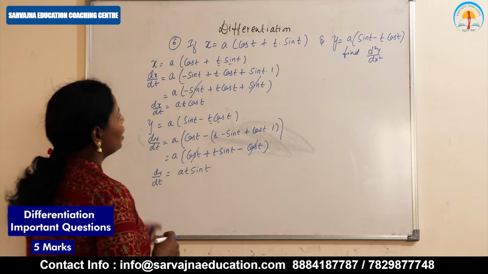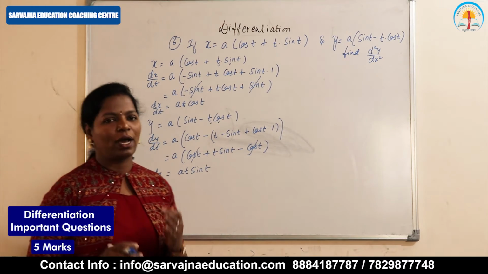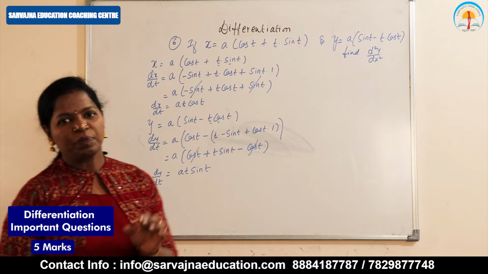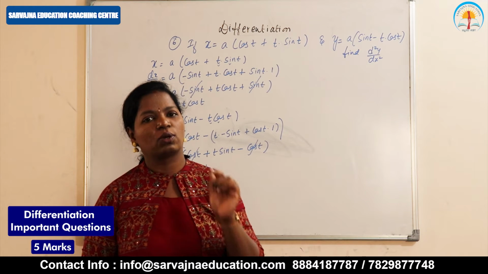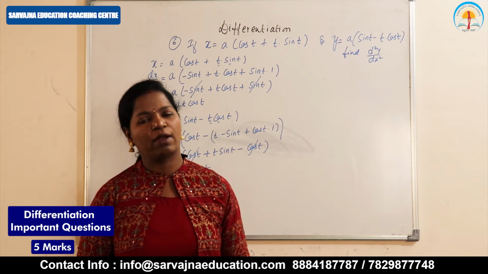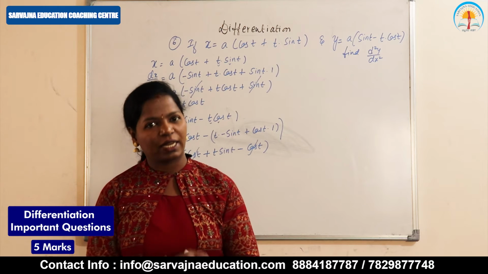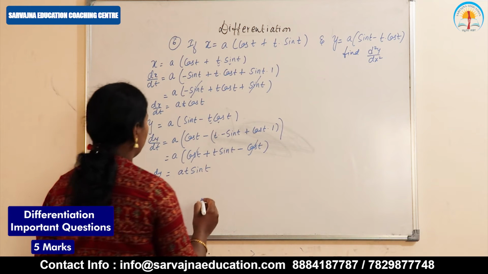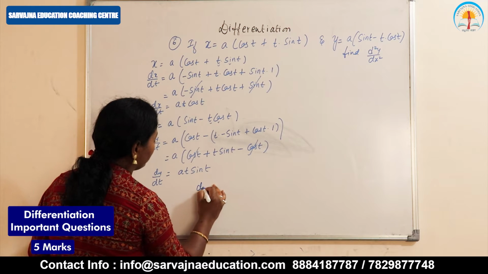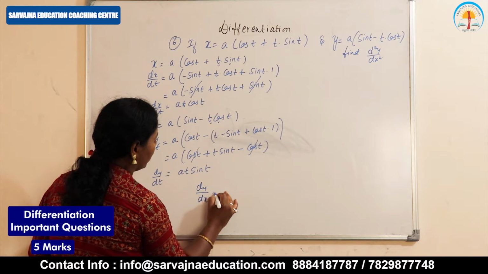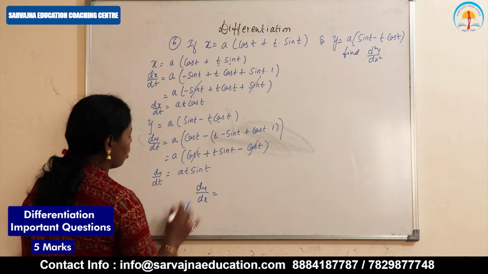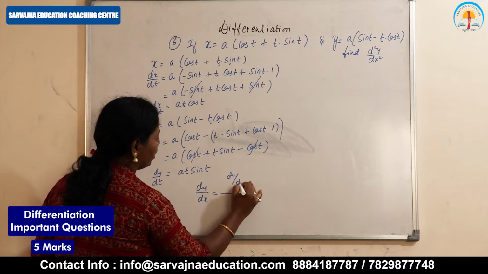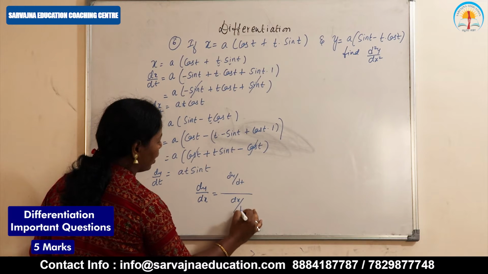So now in the question they are asking d square y by dx square. I got only dx by dt and dy by dt. So now I have to find out dy by dx, then do the second derivative. Okay, then I'll get the d square y by dx square. So now we'll do dy by dx is equal to, when it is a parametric function, how to find dy by dx, there is a formula. So dy by dt divided by dx by dt.